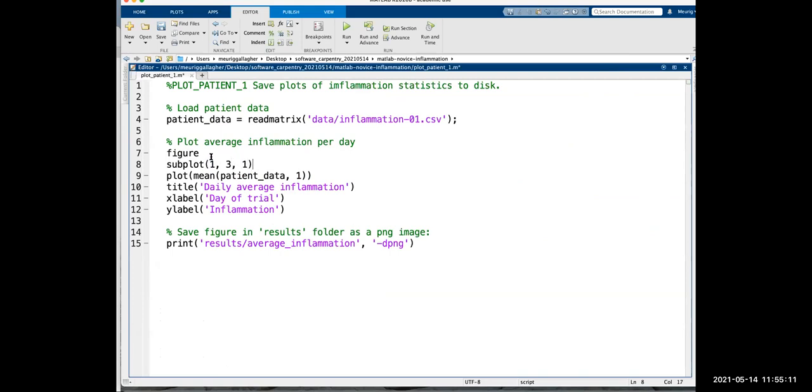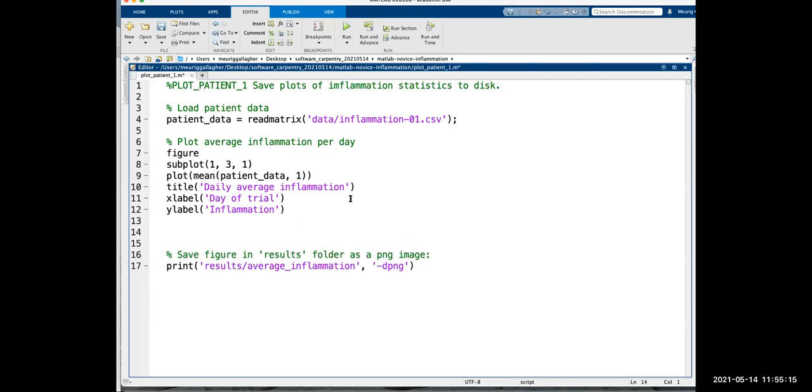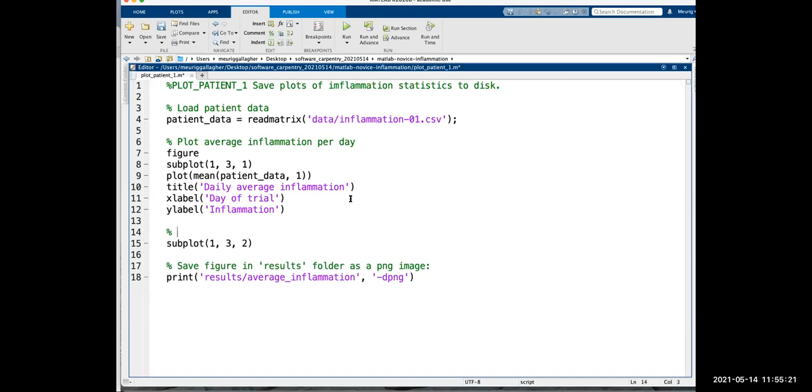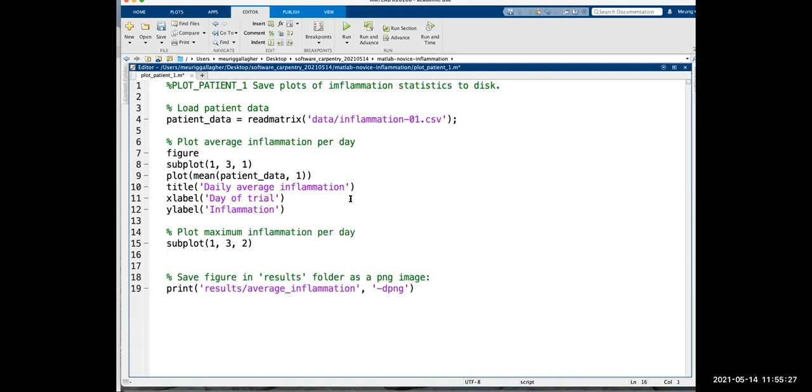The first plot is going to be the mean of the patient data. The second plot, subplot 1, 3, 2. We're going to use a comment to say plot the maximum inflammation per day. We can do this using plot max patient data.